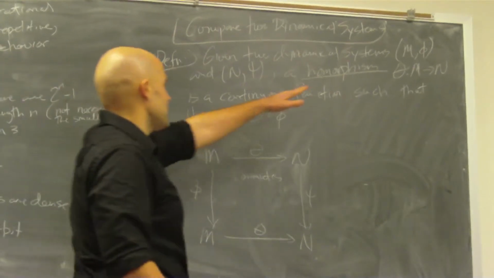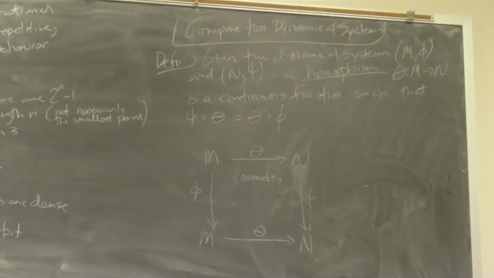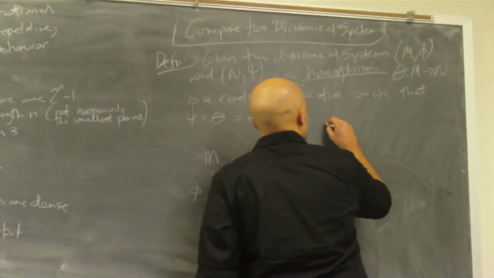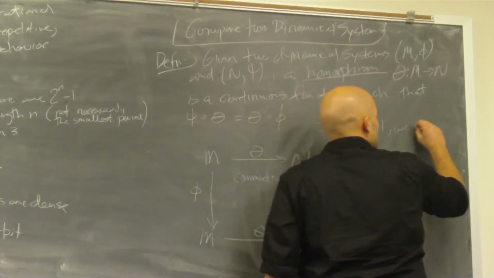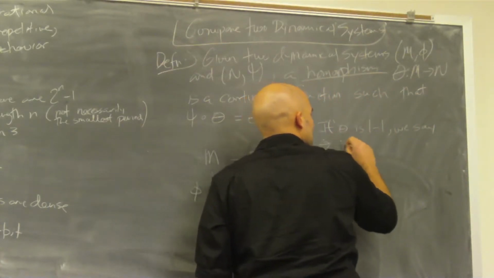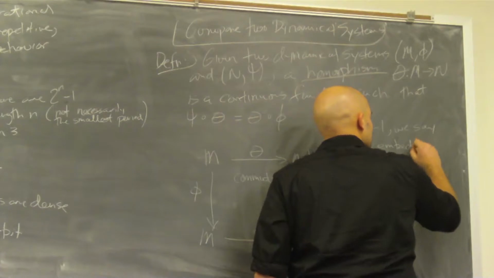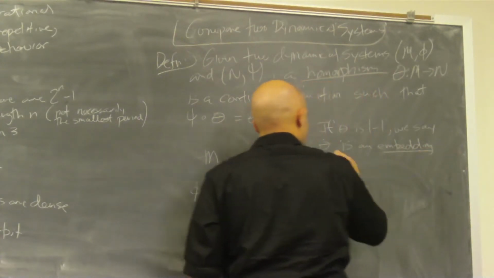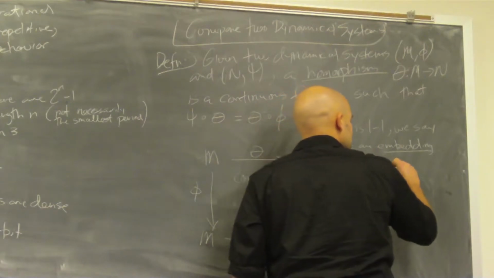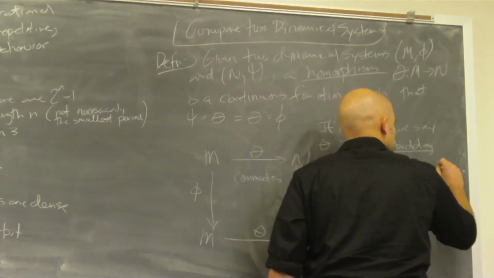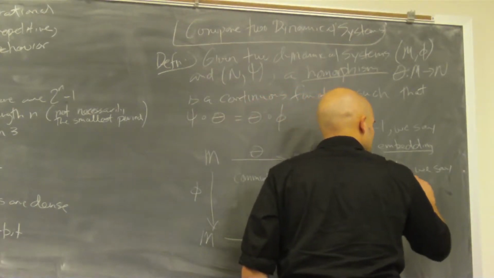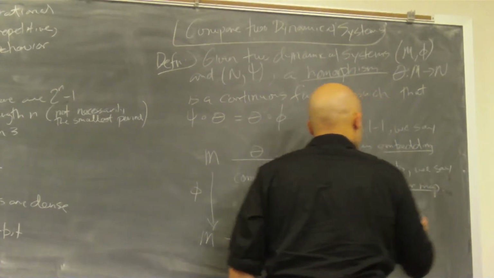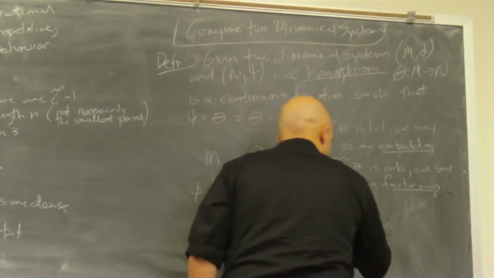All right, so depending on the condition that you put on theta, it will help at least keep some things intact, or at least help your structure out a little bit. Okay, so if theta is 1 to 1, we say theta is an embedding. If theta is onto, or surjective, we say theta is a factor map. And then if it's both, if it's 1 to 1 and onto,